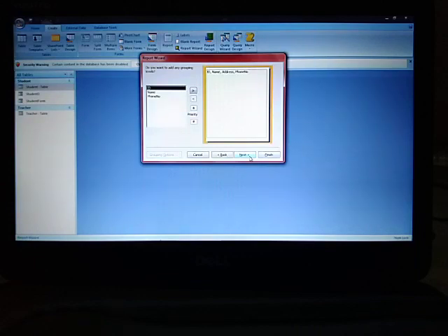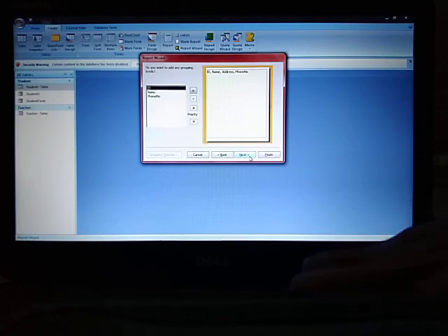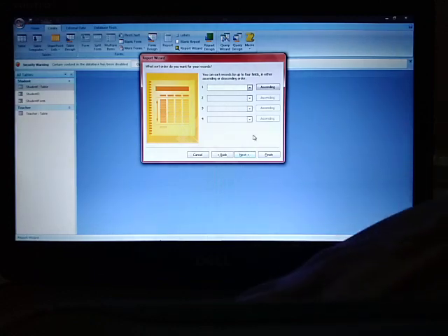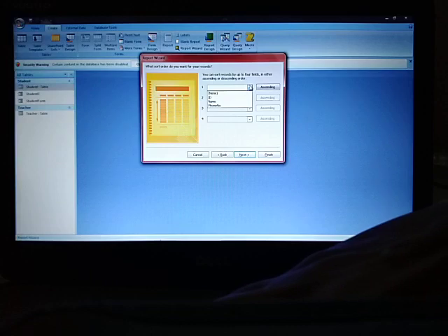After clicking Next, it will ask you if you want to add any grouping levels. That means you want to group something. If similar fields are there, like address, city and pin code, then you can group them. Right now I am just moving to the next. Then it asks if you want to arrange or sort your records. Sometimes your records are not in a particular order. Right now my records are in ascending order. If you want, you can select a sort, otherwise you can leave it.